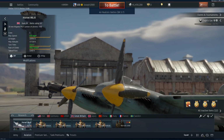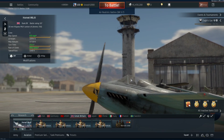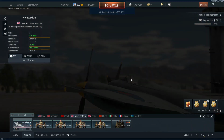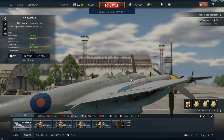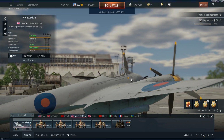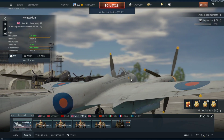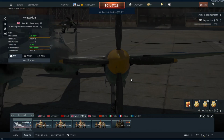The wings are very fragile from what I've been noticing, and the aircraft itself really can't take a hit, especially, as I mentioned, on the wing surface. The problem with the Hornet is that if you're a solo player, this aircraft doesn't work. It simply doesn't. And even though this aircraft has a reputation of pretty much being uncatchable, I've always been